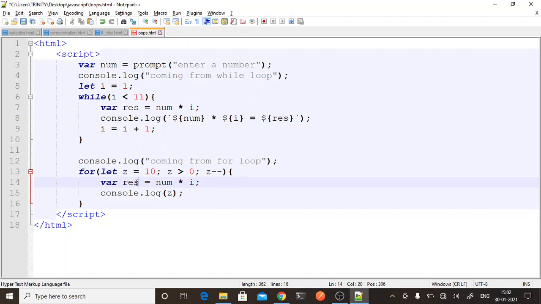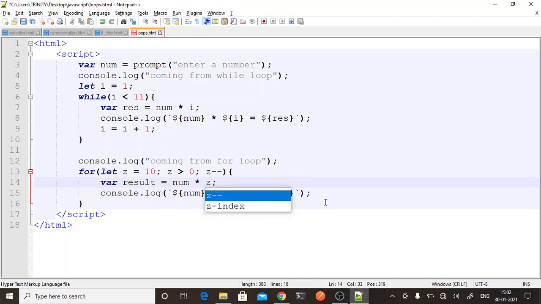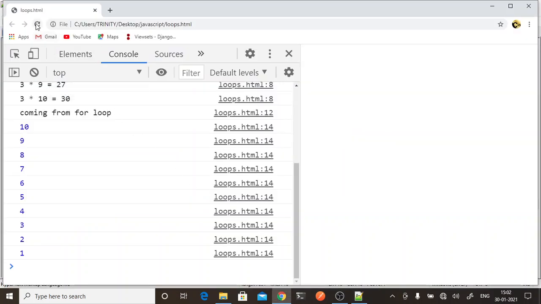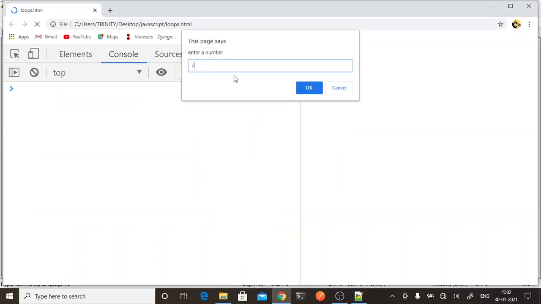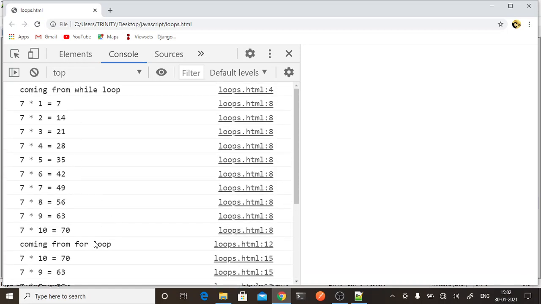Instead of res, we will put it in result and console.log. Here we have initialized it with z, so you have to give the same. Whatever you have initialized, the same variable you have to give. So let's check. So see, we got the reverse table, which is coming from the for loop.